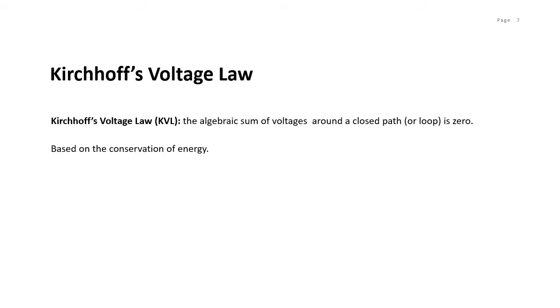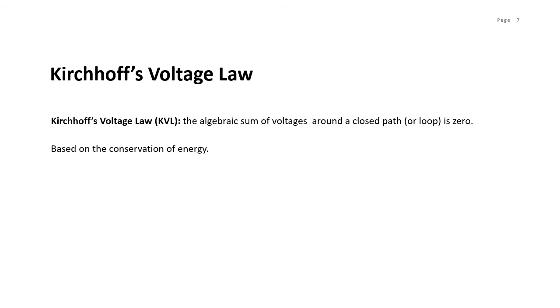Let's move on to Kirchhoff's second law. It is also known as Kirchhoff voltage law, and it is based on the principle of conservation of energy. So Kirchhoff voltage law, or KVL, states that the algebraic sum of all voltages around a closed path or loop is 0. If you notice, in KVL we deal with loops or meshes, and in KCL we are dealing